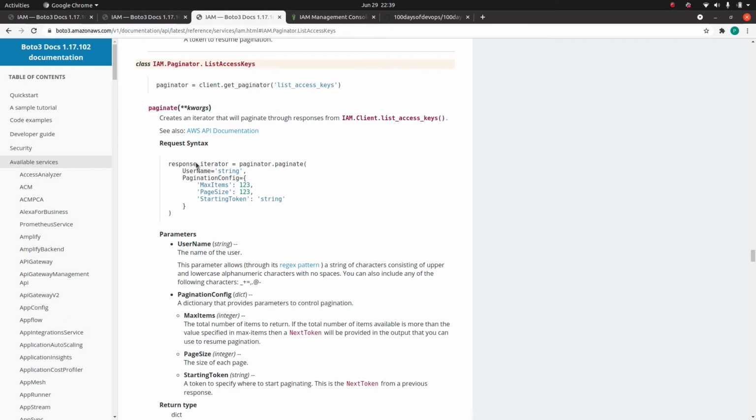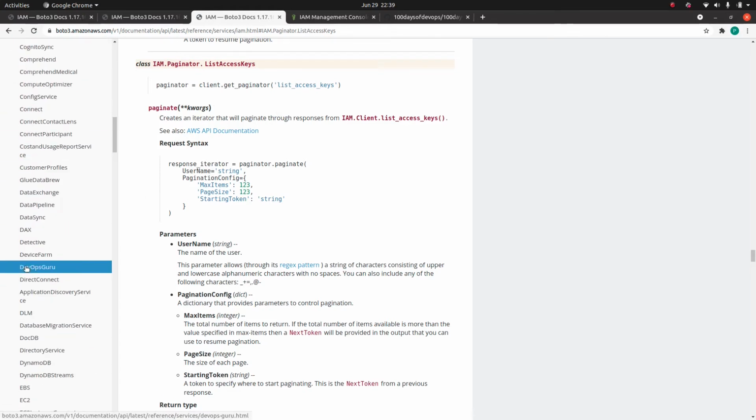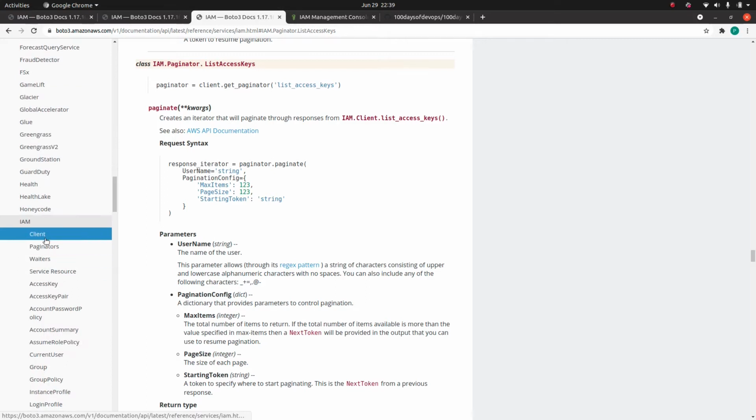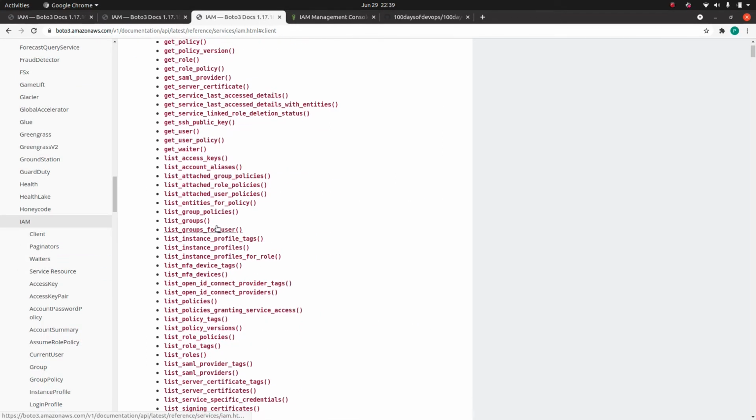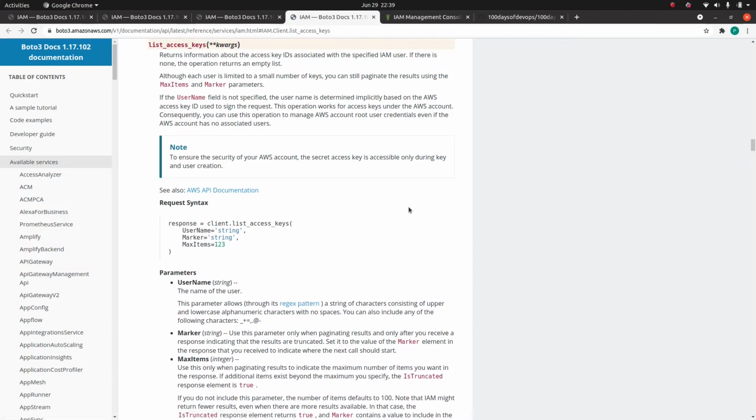For listing the access key, I'm sorry, we don't need a paginator. We can do it normally with the help of client. If you scroll down, we have something called list access key. Everything is the same, just that we don't want to do it with a paginator.